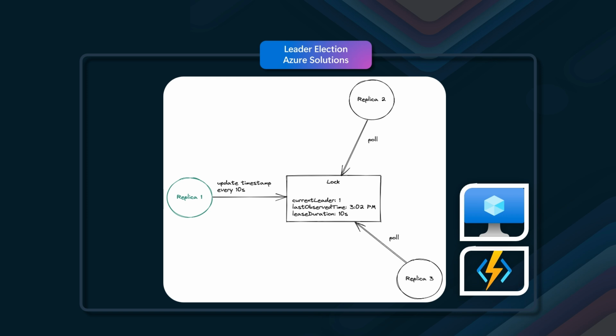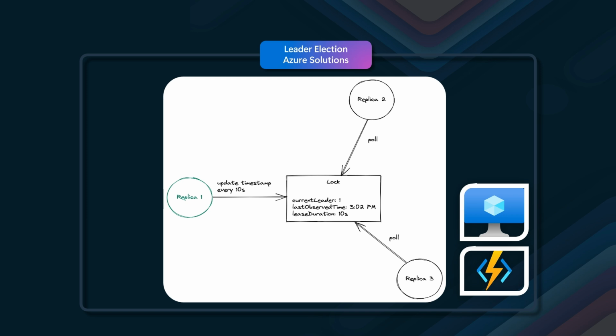Other replicas, such as replica 2 and replica 3, continuously poll the lock to check the leadership status. They monitor the last observed time and the lease duration to determine if the current leader is still active. If the current leader fails to update the timestamp within a specified lease duration, the other replicas recognize that the leader is no longer active. A new leader is then elected from the remaining replicas, ensuring that the system continues to operate smoothly without any